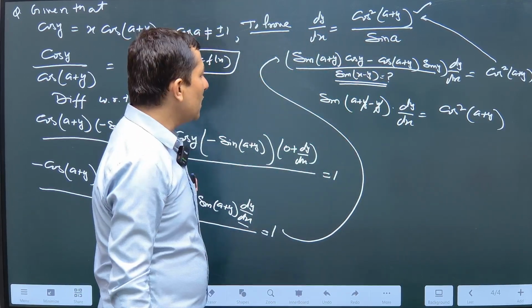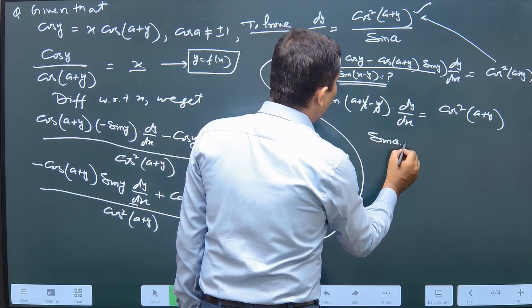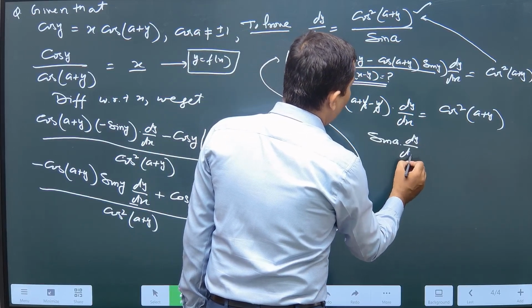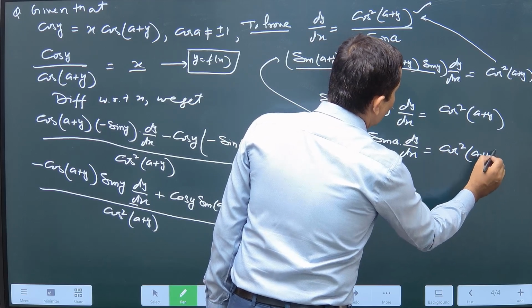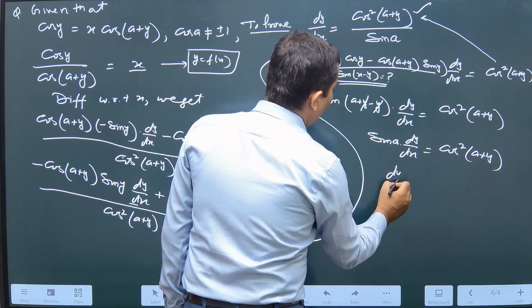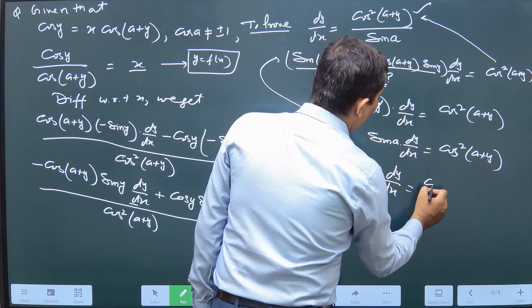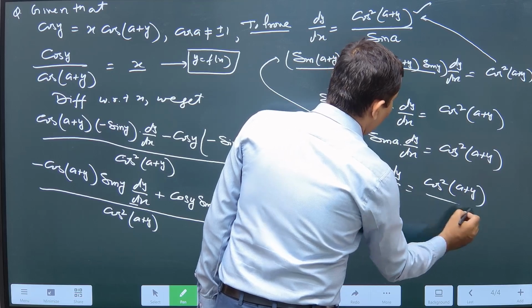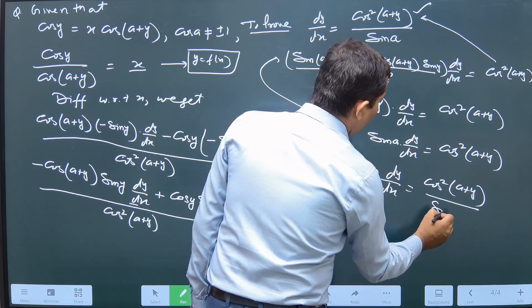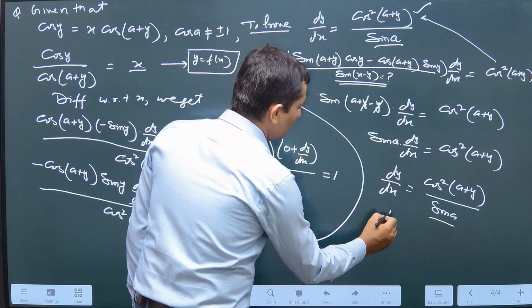Y to y cancel to each other, then remaining is sin a dy upon dx is equal to cos square(a plus y), then dy upon dx is equal to cos square(a plus y) upon sin a, hence proof।